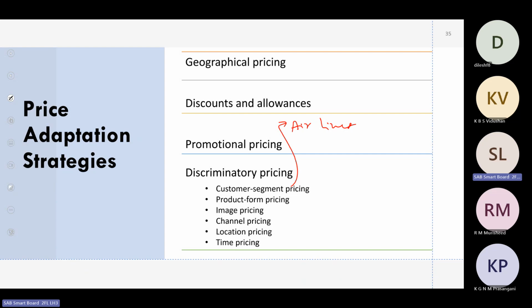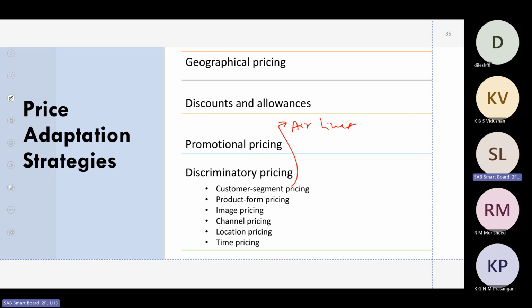The final one, time pricing. Example. Yes. At peak time, we are charging a high price. And when it comes to off-peak time, they are charging a low price. Anything else? Comments? Eventually, from 6 to 10, from 6 to 9, we consume more and our bill also will go up significantly. Anything else?